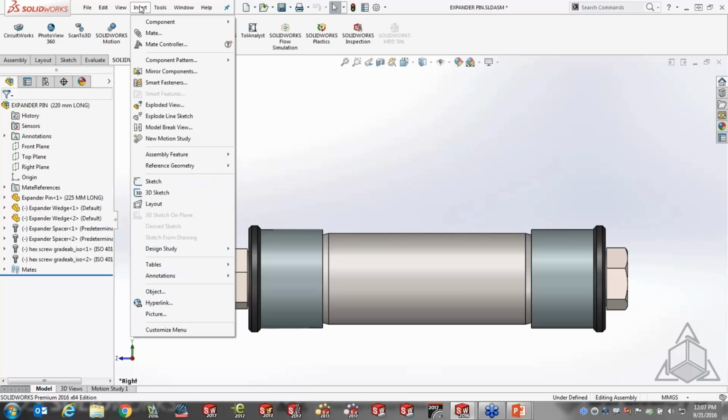If you did not know, the same insert tables menu that you have for drawings is accessible in the part or assembly model. And we're used to going there for design tables, which is a whole nother conversation. I'm going to focus on the other three: bill of materials, title block, and general. Now, bill of materials,